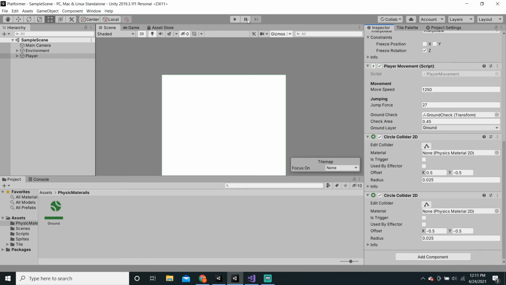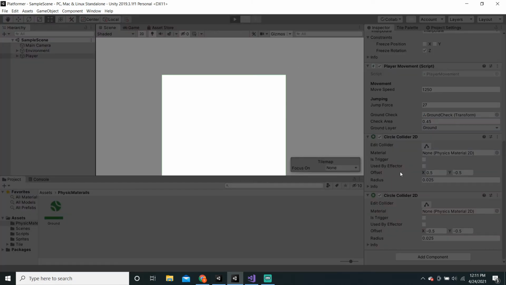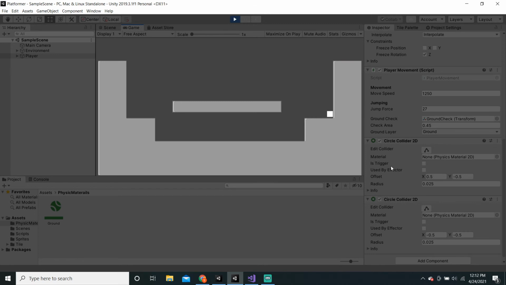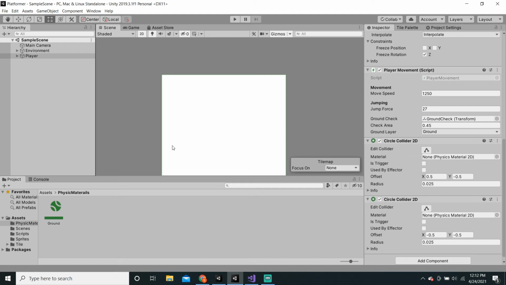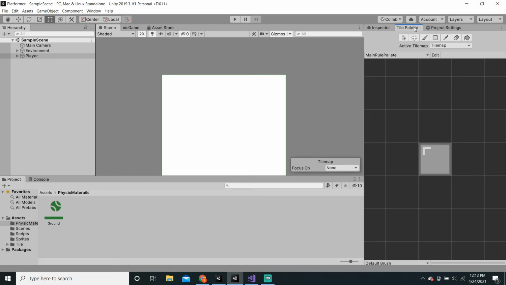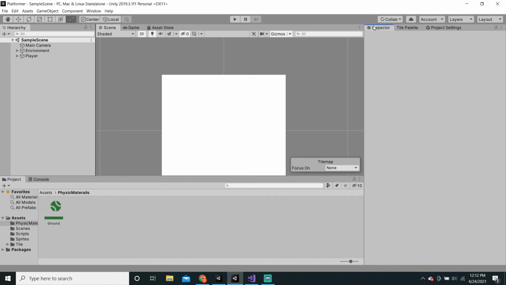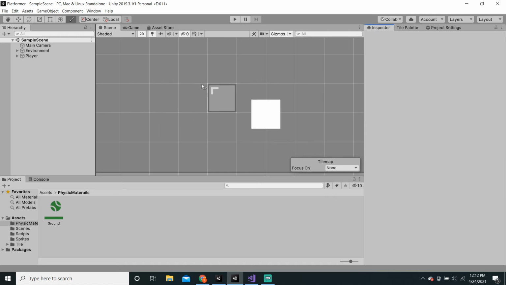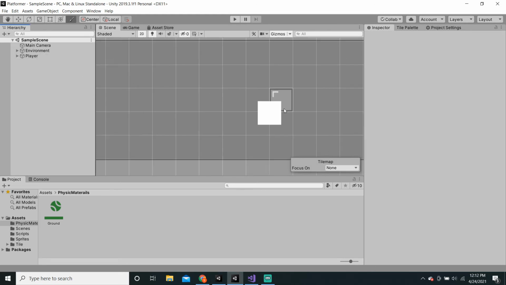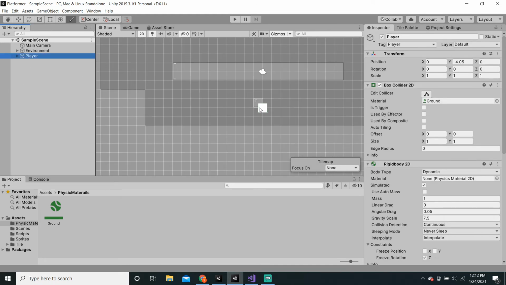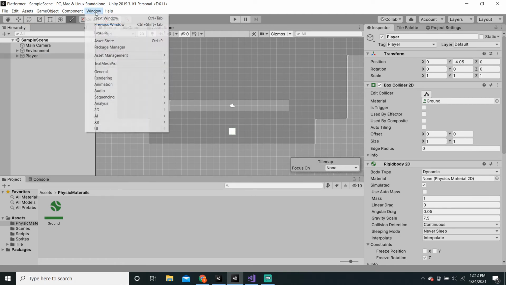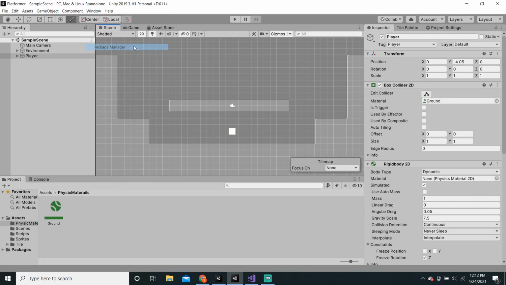And I think it's a bit late for this, but I believe in Unity 2020, so if you're using that version, last time how we made the rule tile, we first had to import a package into the project in a very weird way. But I believe in Unity 2020, we do not have to import like that. We can just go to Window, Package Manager,